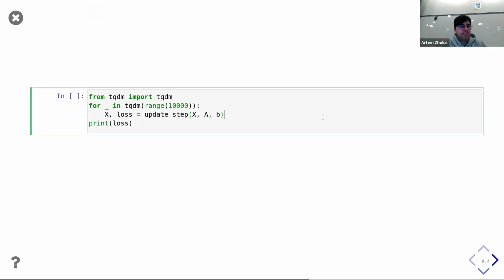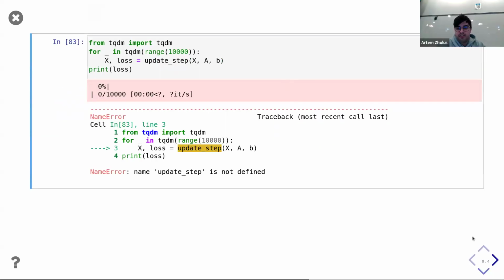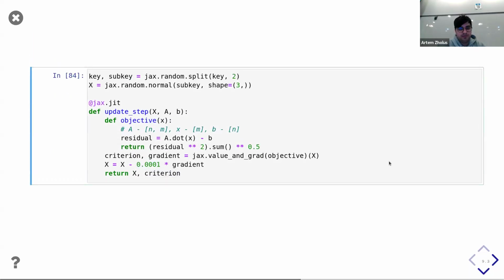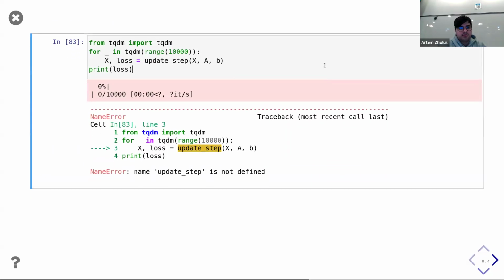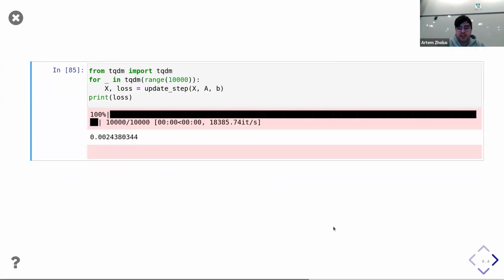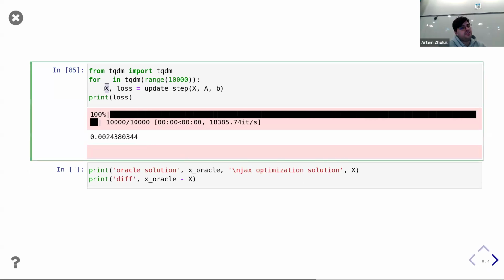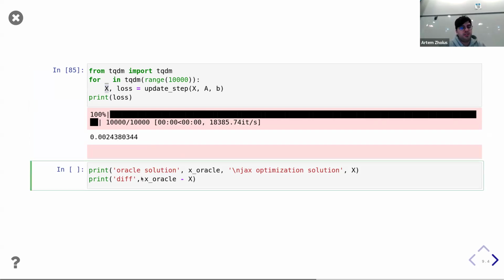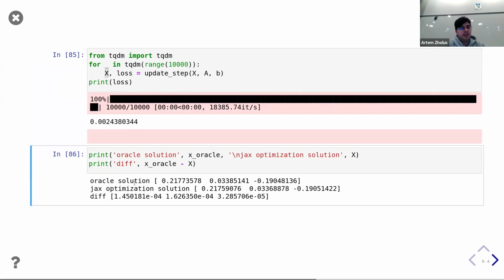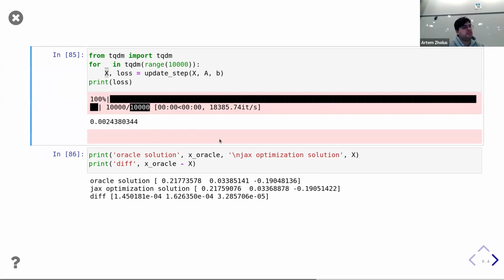So let's actually run the computation. Oops. I forgot to run this function. Okay, so as you can see, it's fast. As a result, we got x, which is the final result of optimization. The loss or objective function is very small. So let's see what we converge to. The oracle solution is this, and our solution is this. So they got pretty close, even though we had to do 10,000 steps, and I'm sure it is slower than these fast and fancy optimizations. But the point of it is that